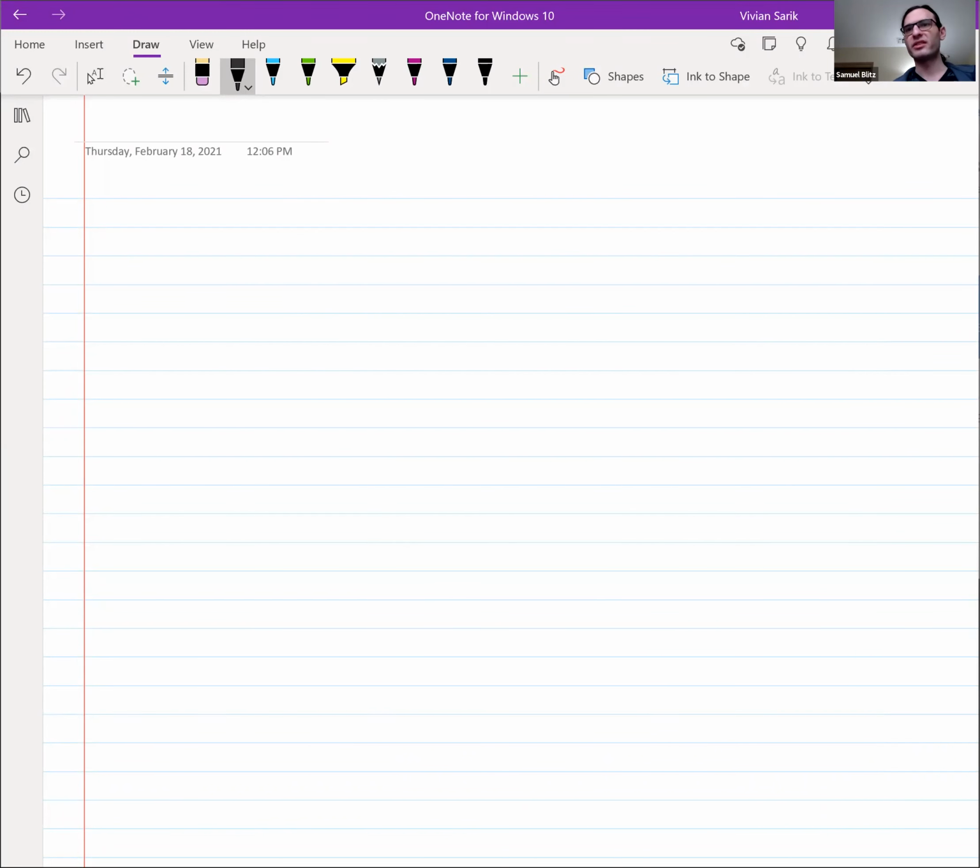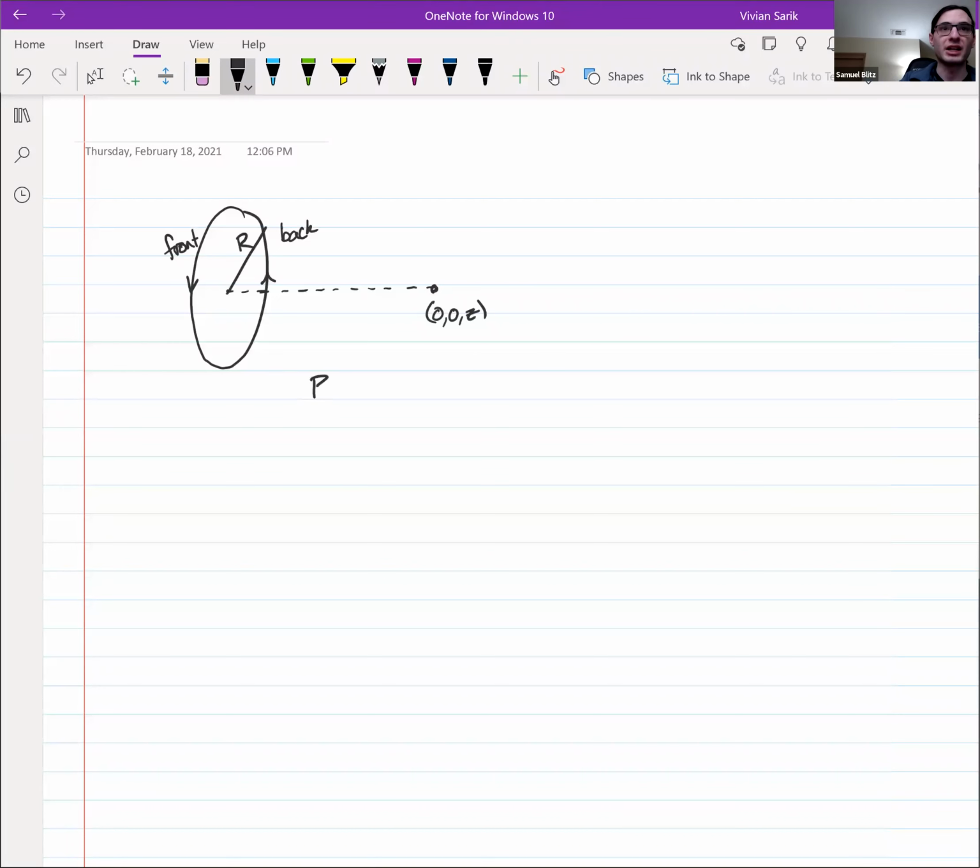Right. So last time we were talking about the dipole moment, sorry, the magnetic field at the center of a loop. So we had a loop of wire that goes this way. Here's the back. Here's the front. And we used the Biot-Savart law by integrating the current to establish what the magnetic field is along the center line. Right. And we found that at a particular point, say z units out from the center, and let's say that this has radius r, we found that the magnetic field at 0, 0, z,